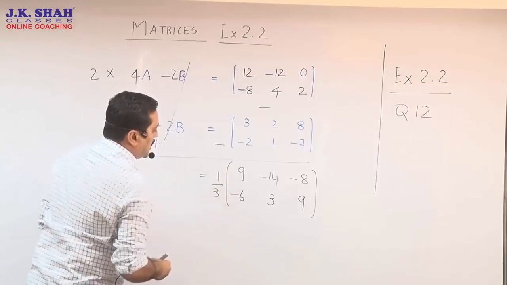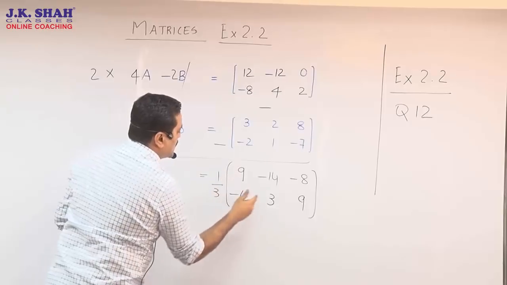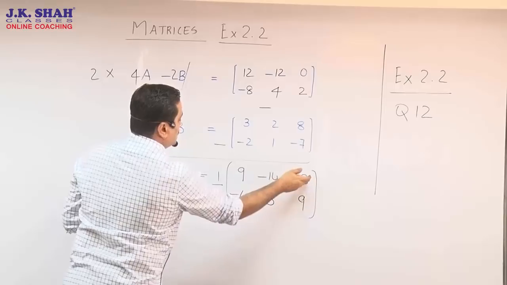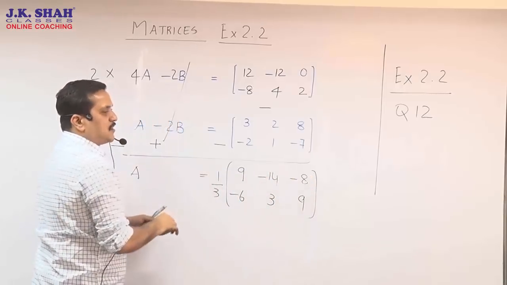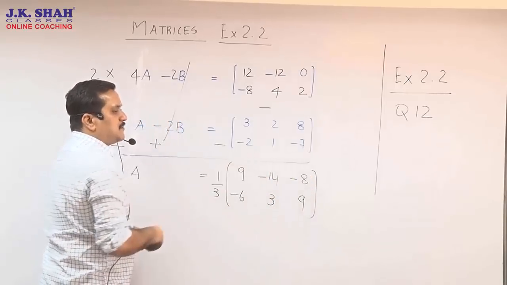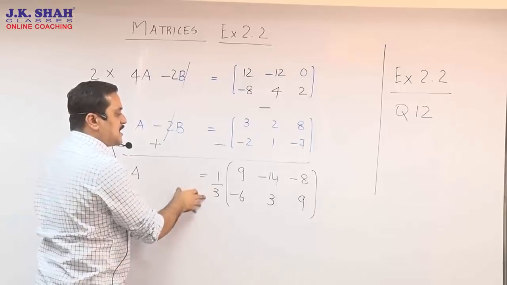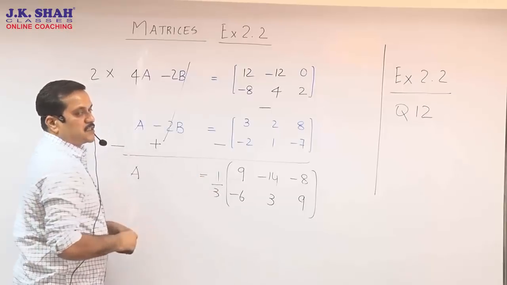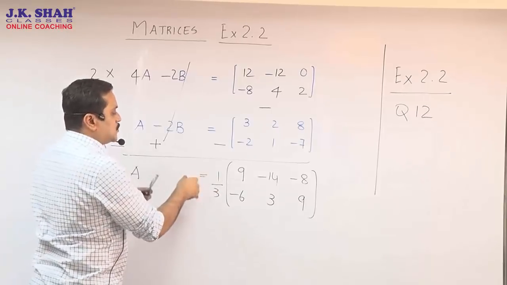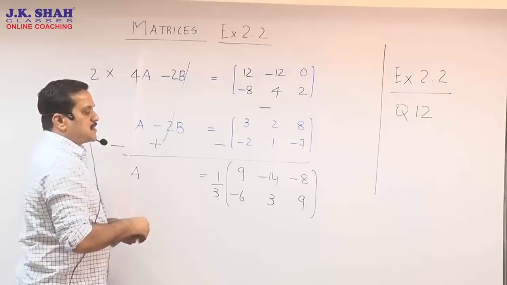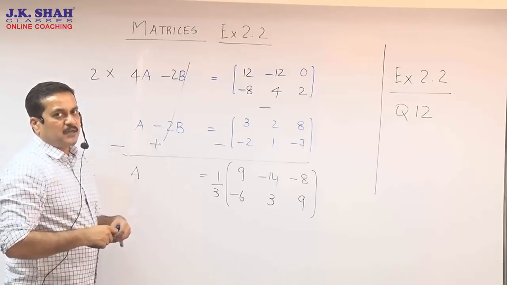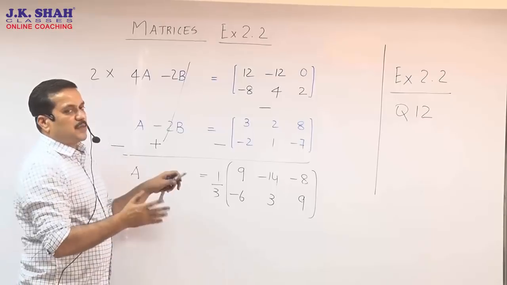Now I have got quite a few elements which are divisible by 3, but still I don't like these two elements, which are not divisible by 3, so I keep my fraction outside only. Only when I see that all the elements inside the matrix are divisible by 3 would I push my 1 by 3 inside. So it's always better you leave your answer in this way only. Your state board has pushed 1 by 3 inside in all the questions, so quite a few answers look ugly there. So in my case I always suggest that you keep the fraction outside.